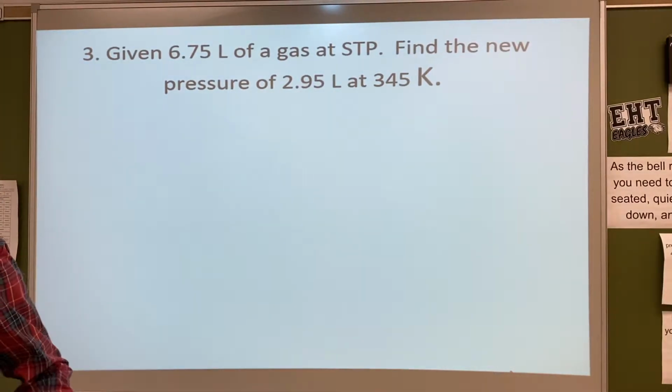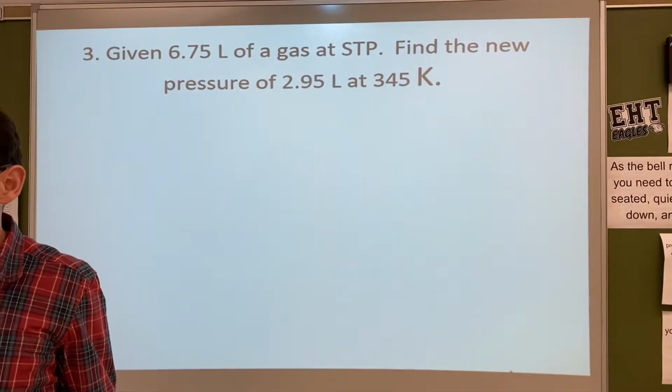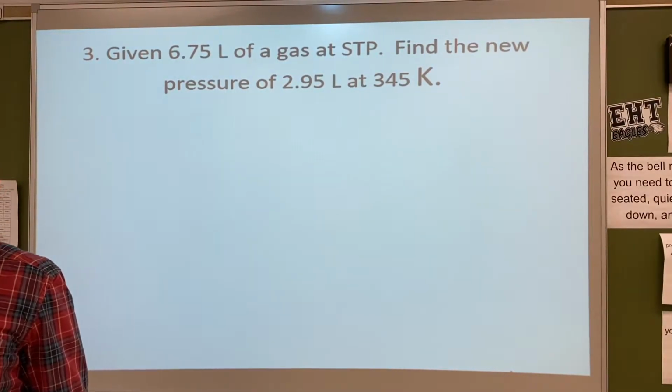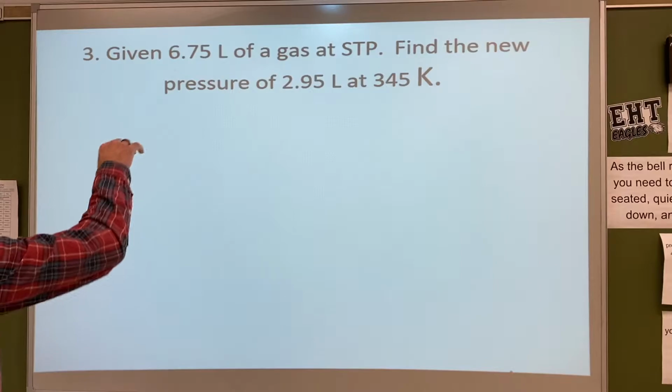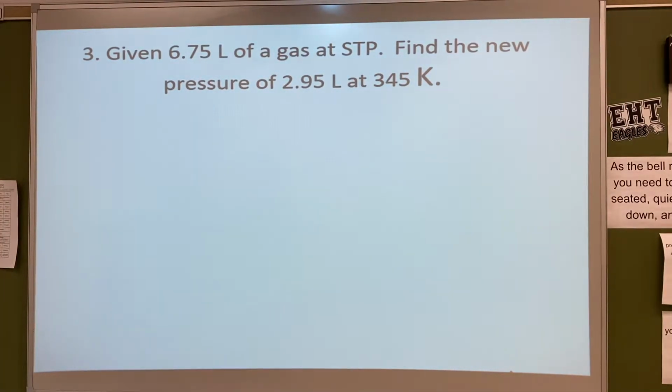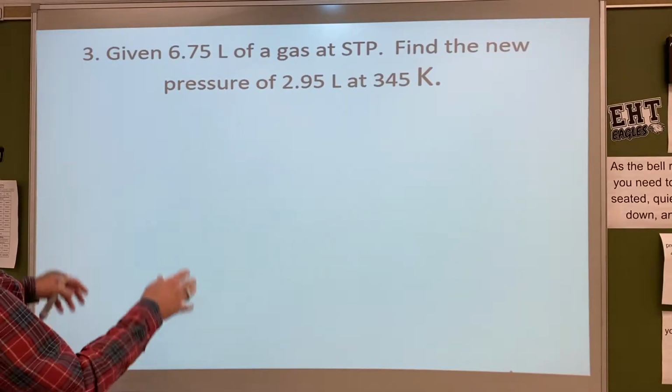And then here's the next homework problem. It was number 3, and it says, given 6.75 liters of a gas at STP, find the new pressure of 2.95 liters at 345 Kelvin. Okay, so with this one we have